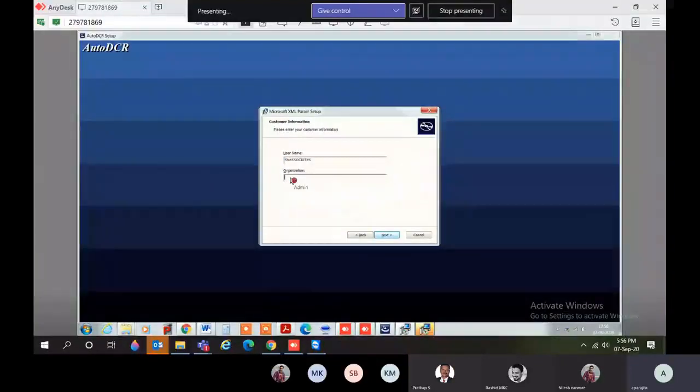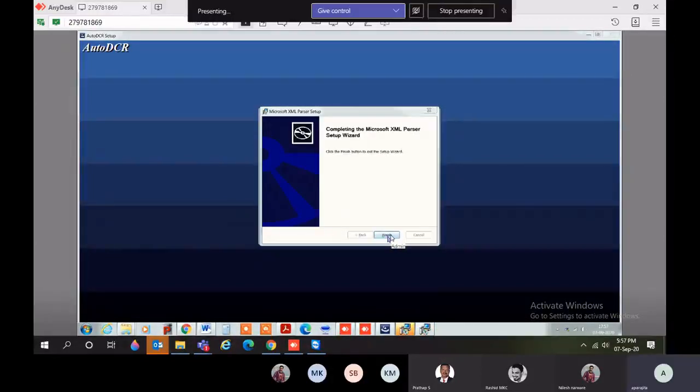Type here organization name as BBMP. Then select next. Then click on install button. Then finish.